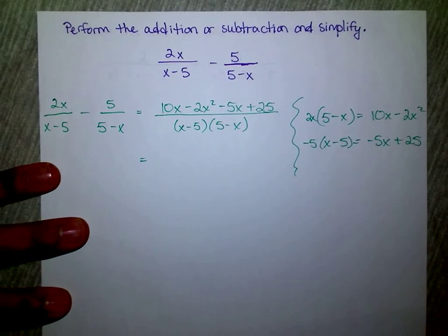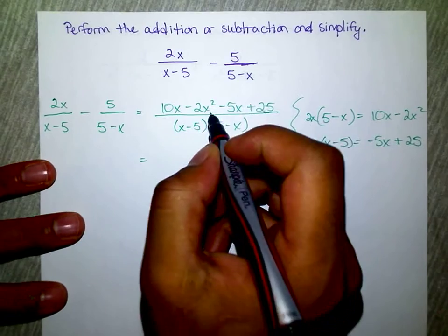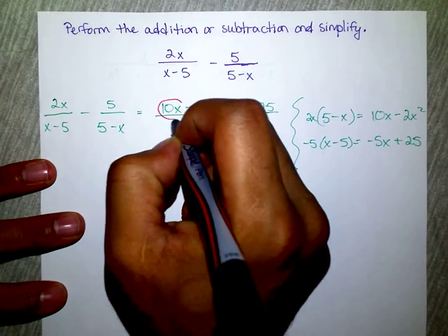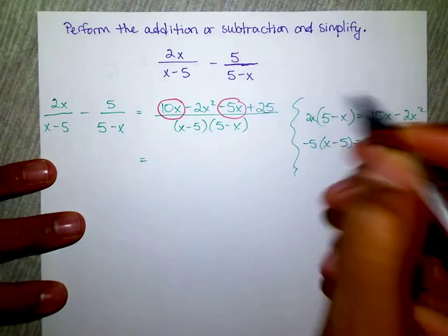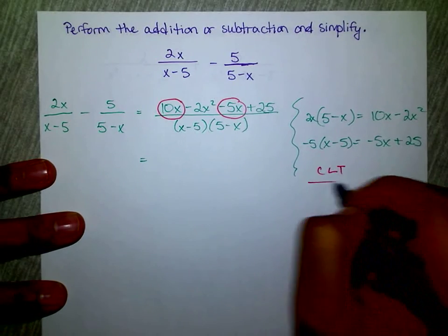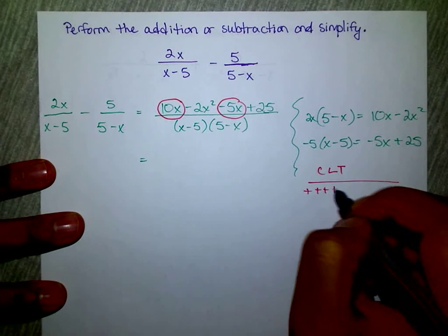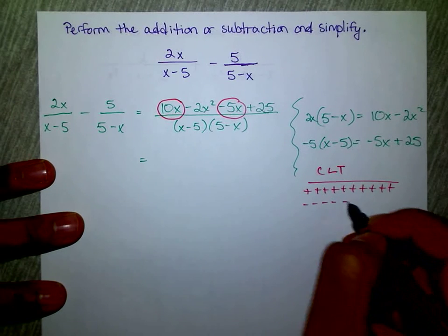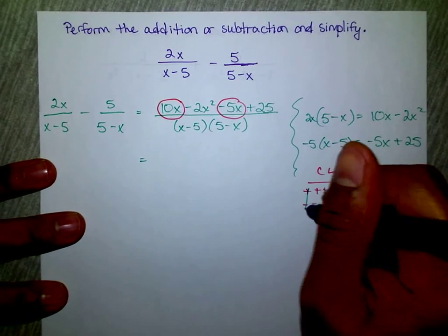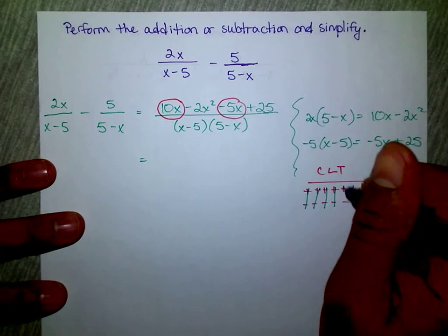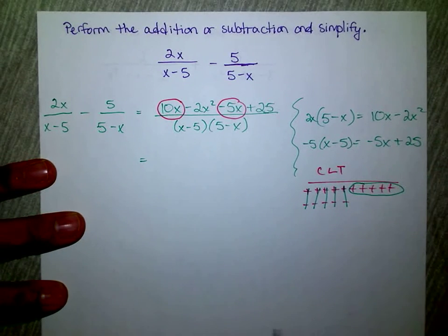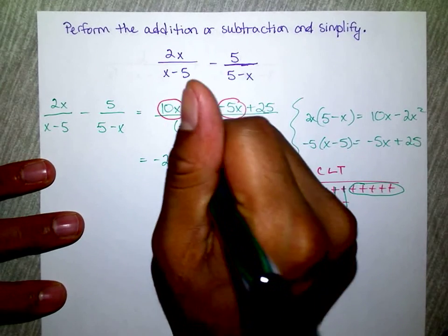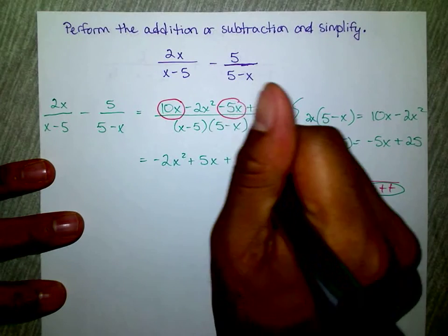Now I want to go ahead and start simplifying some things. Combine my like terms. I have a positive 10x, negative 5x. Combine like terms. 1, 2, 3, 4, 5, 6, 7, 8, 9, 10. 1, 2, 3, 4, 5. Get rid of your zero pairs. 1 negative, 1 positive. 5 positives left. Okay? So it's going to be negative 2x squared plus 5x plus 25